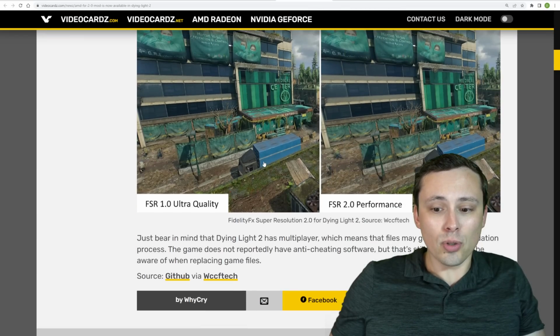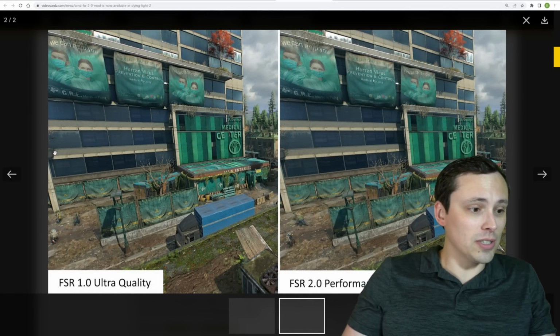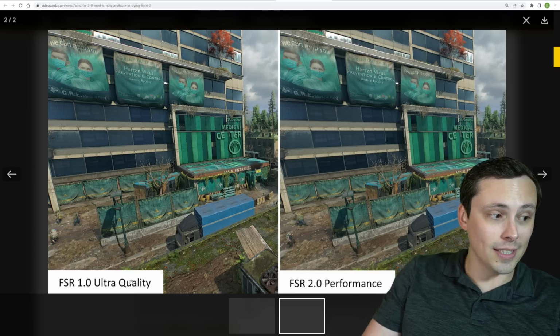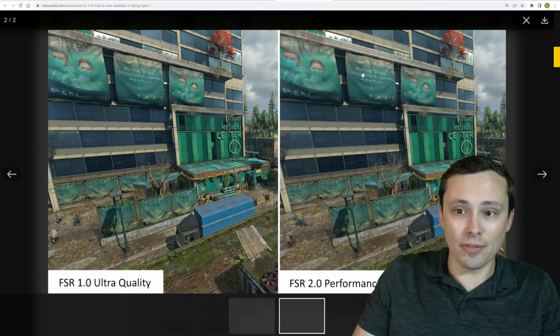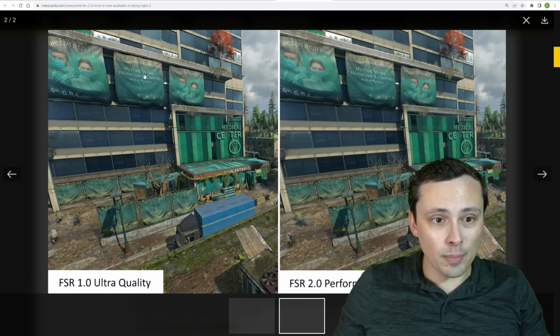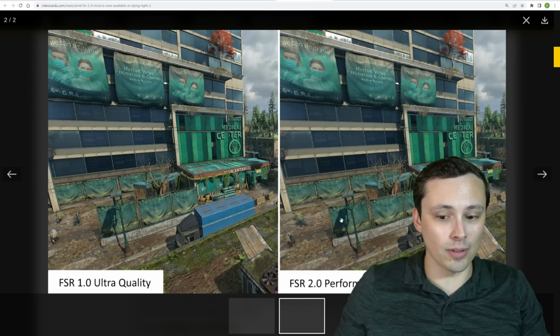Although, while image quality gains are certainly noticeable here, and now this is interesting, this screenshot is comparing FSR 1.0 Ultra Quality up against FSR 2.0 performance mode. And in a still screenshot, you can actually see, especially if you try reading the signs and such here, it does appear to have a little bit more detail even on performance mode on FSR